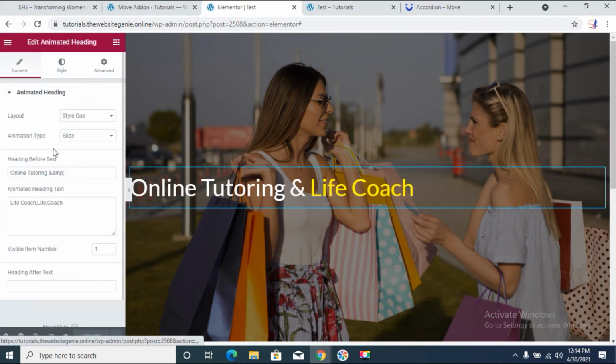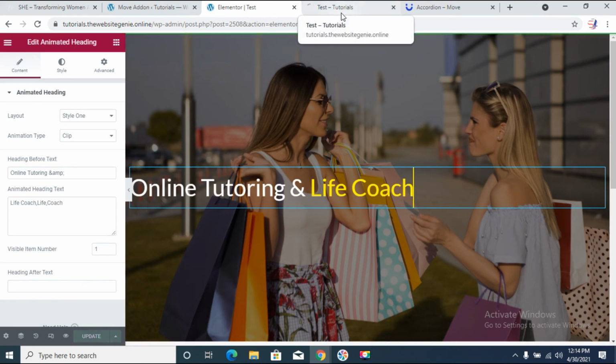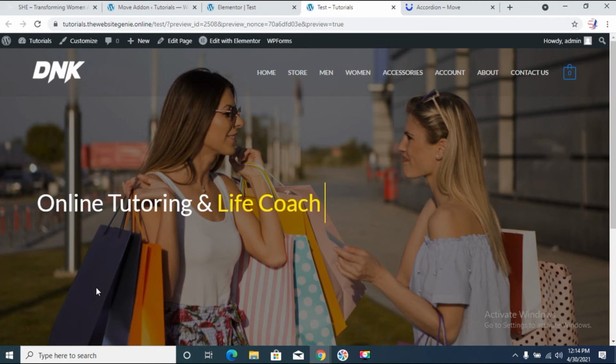So we'll change the animated style to clip. Let's see how that looks like. Okay, so this is really good if you have a lot of services that you want to show on your home page in a nice animated style.